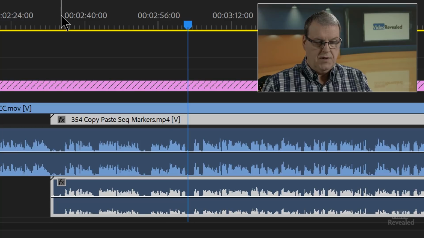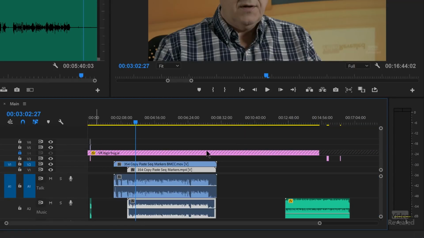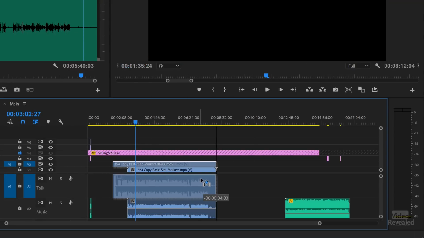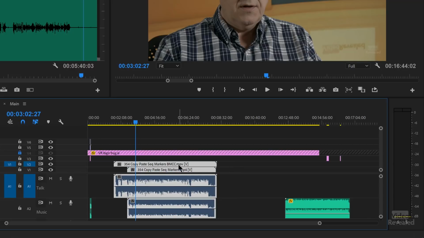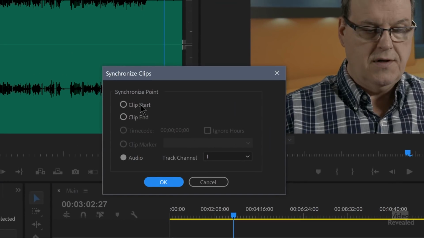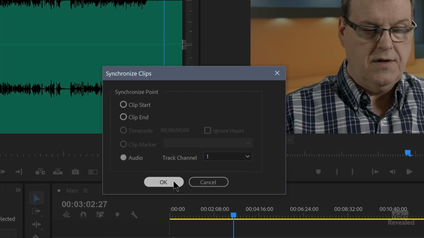There. It's good. Was it that hard? No. If you've got a clip that you don't want to do that, you can select both of these, right-click. Now let me move these so they're out of sync. I'll select both of them and choose Synchronize. You can synchronize based on the clip start and end, on time code if it had time code, but we're going to use audio. And you get to choose the track, and it could be a mix down of 1 or 2, but if I click OK,